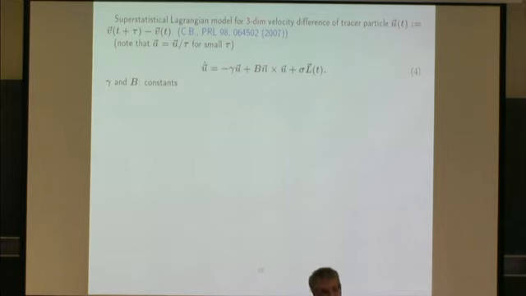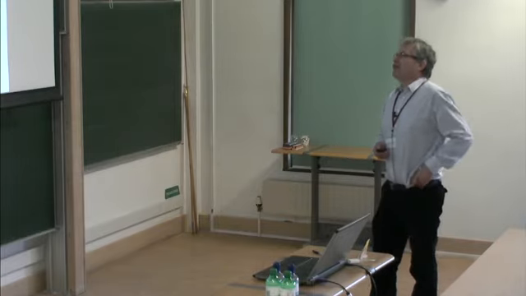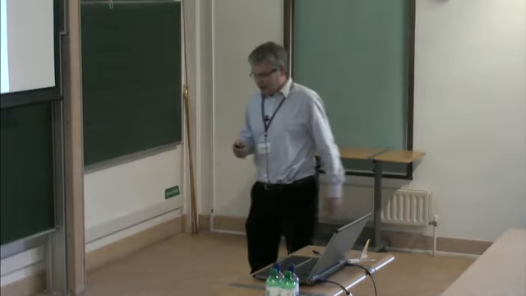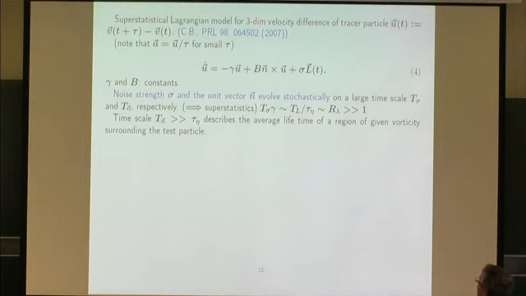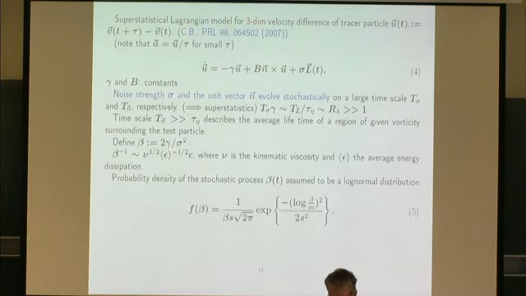And that makes absolutely sense, because we know if a particle moves through the turbulent flow, then for a while it sees a very strong dissipation, and for some other time it sees much less dissipation. So there are fluctuations of the environment of this test particle. So we simply make this a superstatistical differential equation, and then you can calculate a little bit, relate the parameters to the standard language of the turbulence people, like Reynolds numbers and so on, and out comes then that